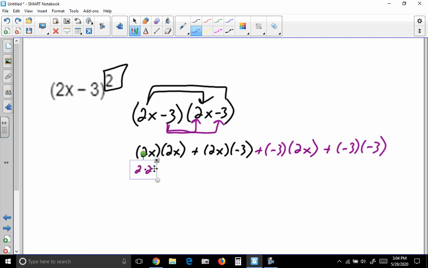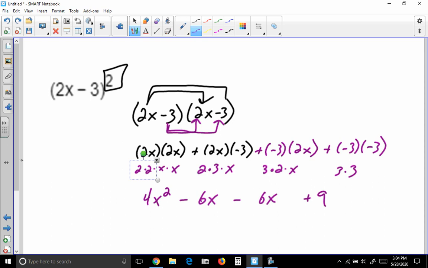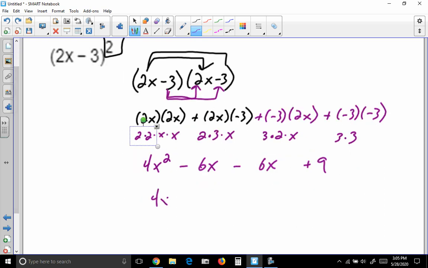So 2 times x is 4x to the second. Positive 2 times negative 3 is negative 2 times 3 times x, so 6x. Negative times positive is negative 3 times 2 times x, so another 6x. And negative times negative is positive 3 times 3. So we have a 4x squared. We have that twice. So we have a minus 6 and a minus 6 more, so minus 12 x's, and